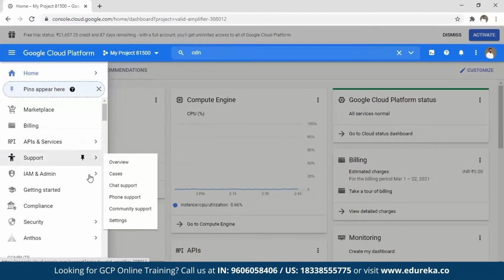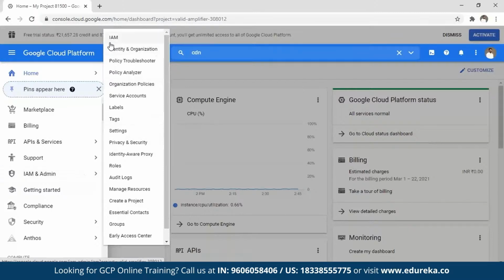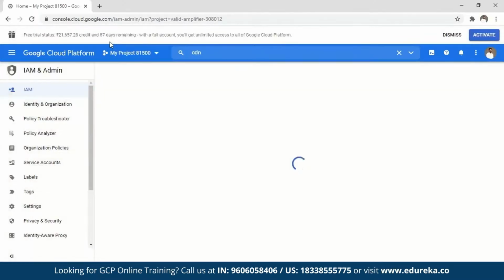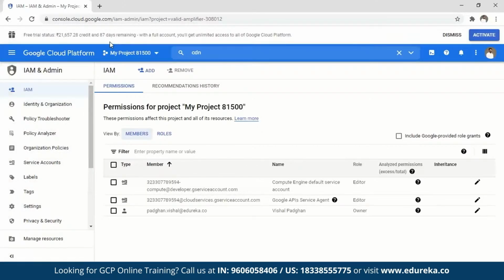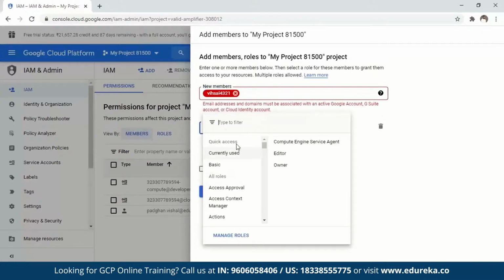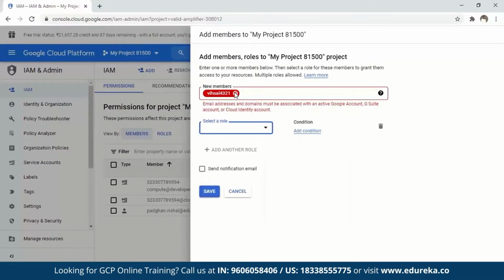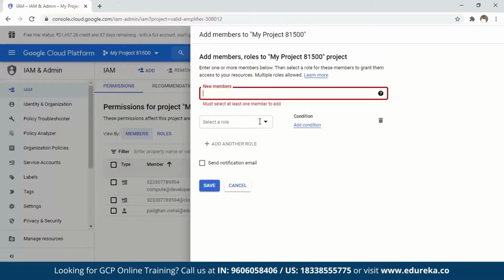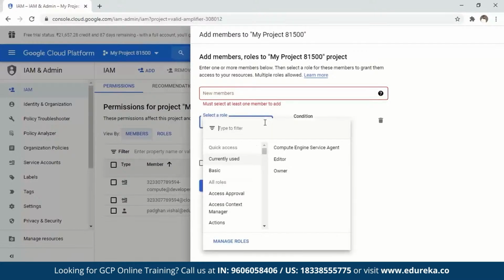Security services, IAM is one of those that I just mentioned, right? So you can create your IAM users here, and you can decide all those things, who gets to access what. So if you click on members roles, you can add those. You can just add users as well. Say for example, I add a user called Vishal here. Okay, forget the spelling, it's not important. Okay, I can select what kind of role this individual needs to have. Okay, you have to enter the email address here for that. Okay, so you can add an email address, and post that you can decide who gets to access what.